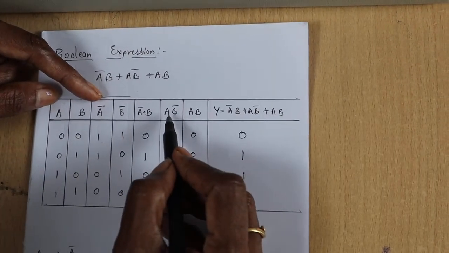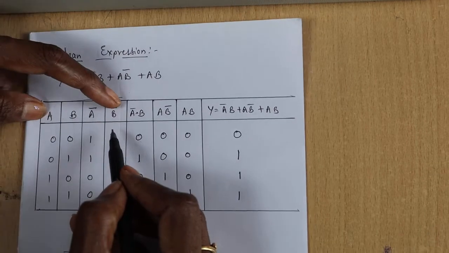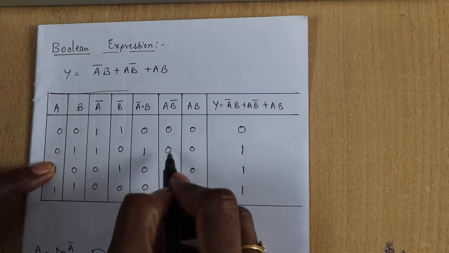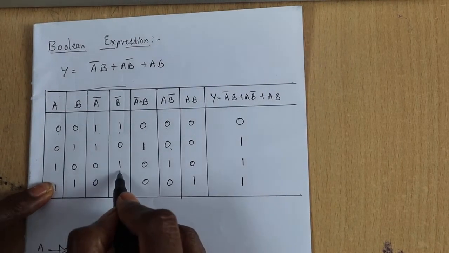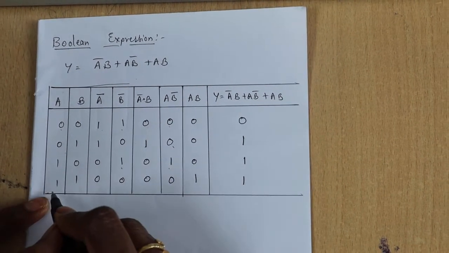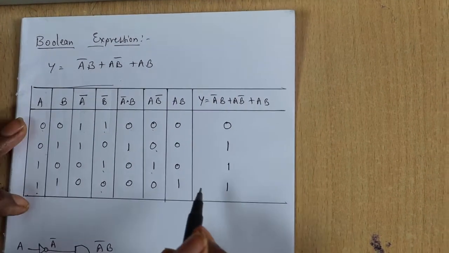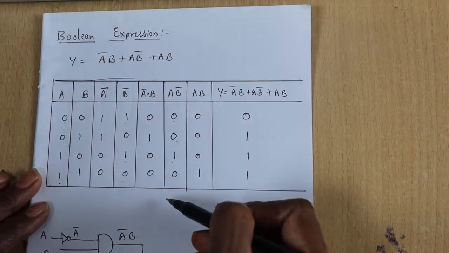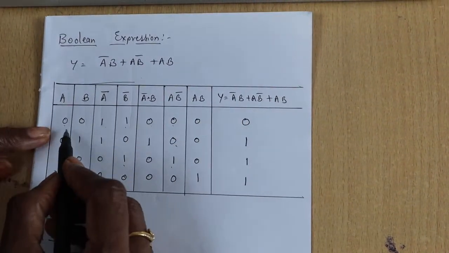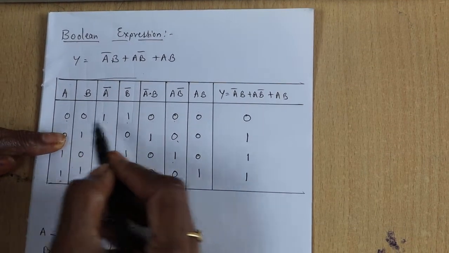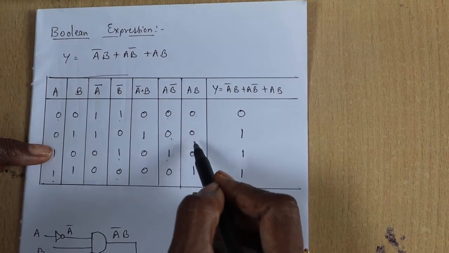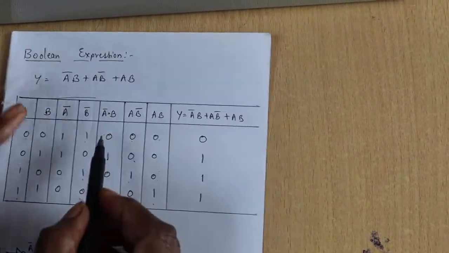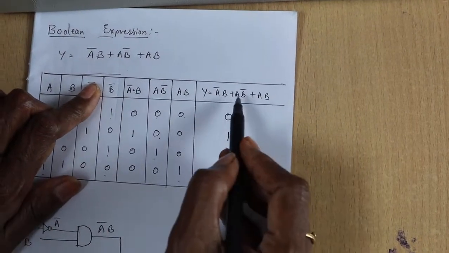So, similarly for A B bar, A column and B column, you have to check these two inputs: 0 1 0, 0 0 0, 1 1. If both the inputs are 1, then only the output is 1. Again 1 0 0. So, for the first column you got one expression, and for the second column you got the output. For A B, again 0 0 0 1. So, for 0 0 the output is 0, 0 0 0 1, and the next final expression: you have to consider these three min terms and the OR operator.